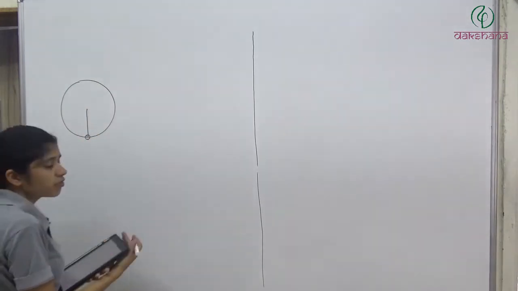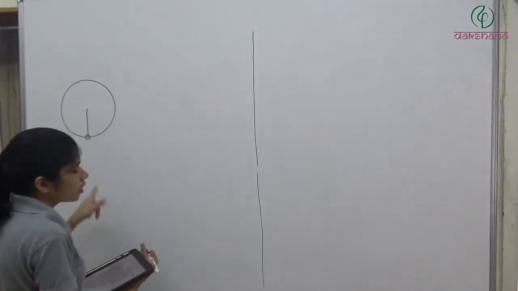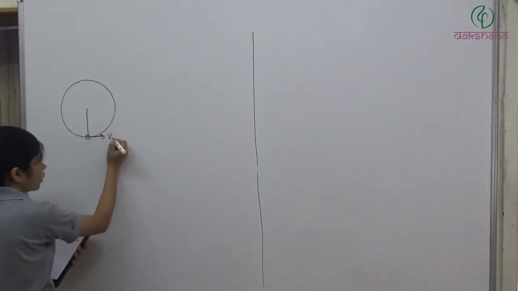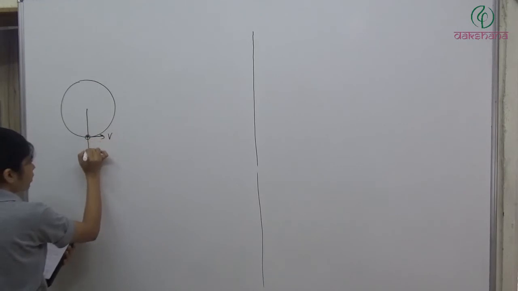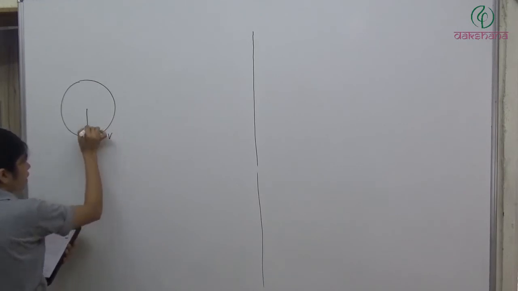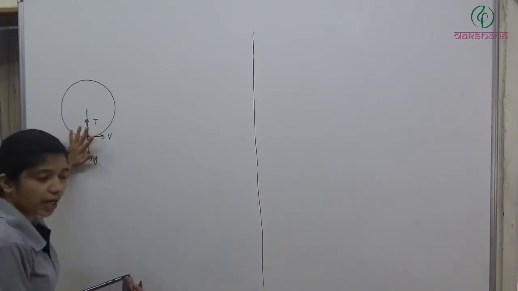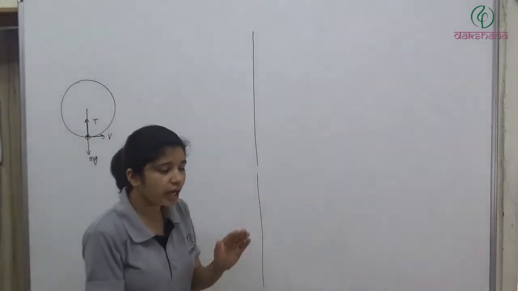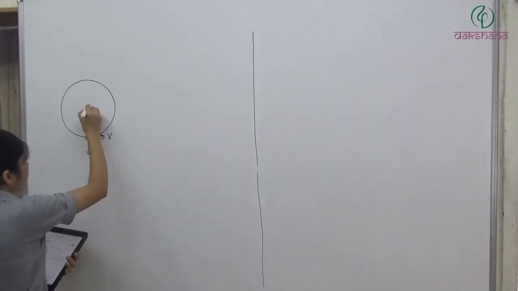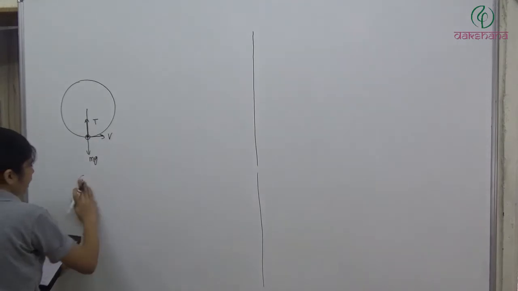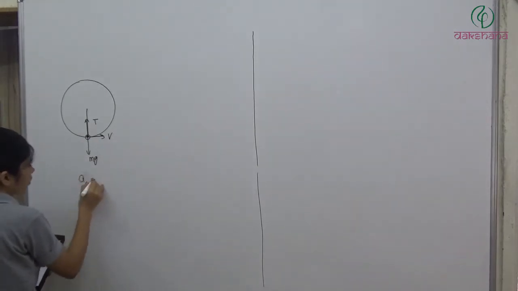In this case we will have variable velocity, in magnitude as well as direction. Let's say the velocity at this point is v. At this point, mg is acting in this direction and T is acting in this direction. We have two forces acting on this body, and its acceleration at this point, the centripetal acceleration, will be v square by r, if this is r.